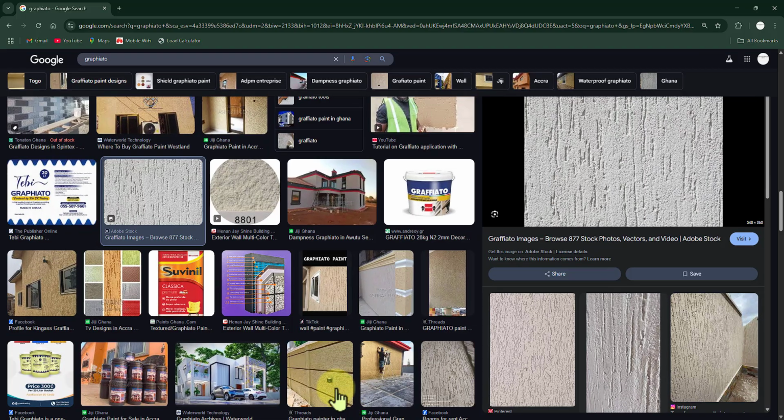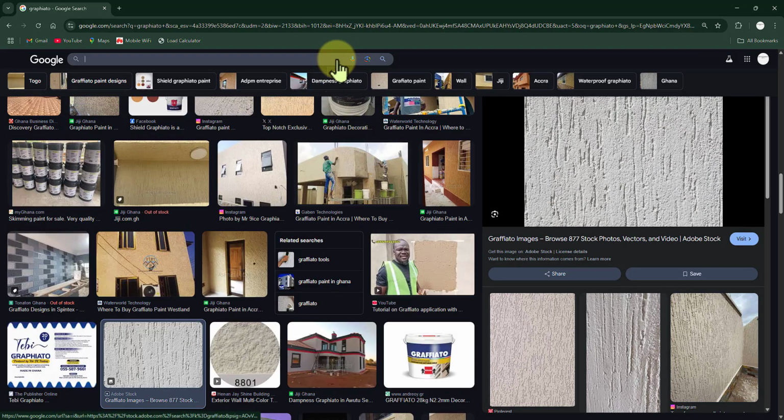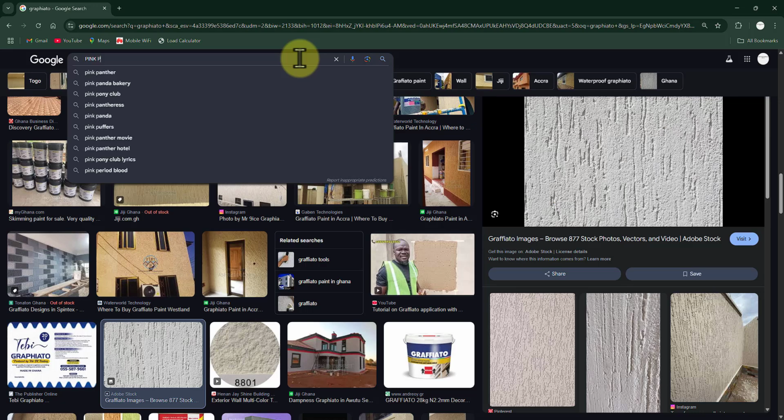Let me go online and see what they have in there. Let me see if I can get some sort of pink color, because I'm actually going to send these renderings to a lady, and I think she really likes the pink color. So we are going to be rendering in some sort of pink color. So you guys shouldn't judge me already. You guys can use any color or any paint you want. So I'm going to look for a pink paint